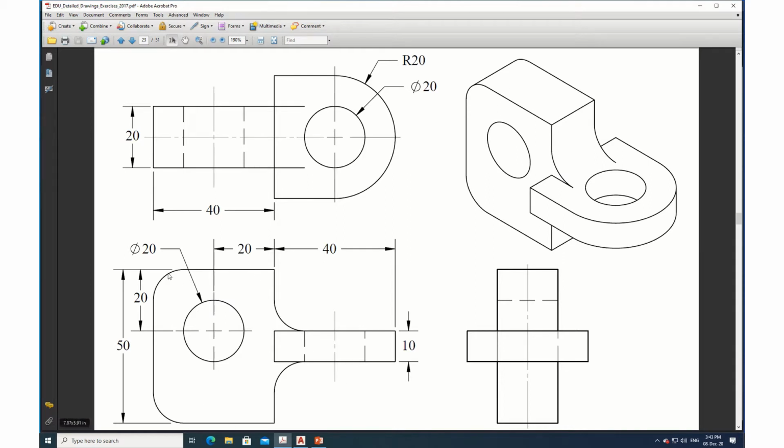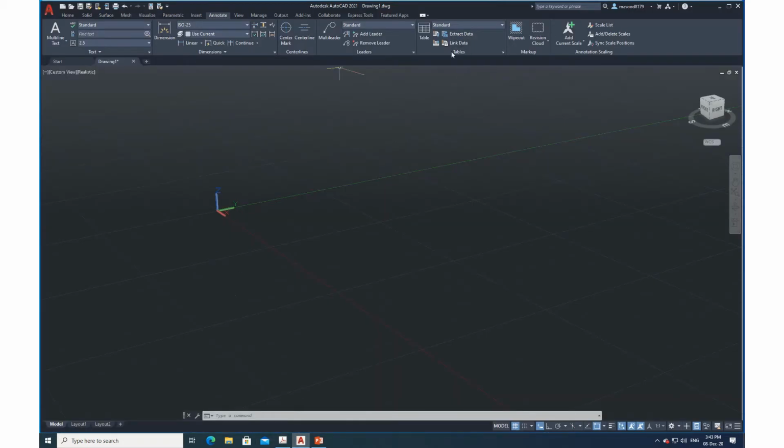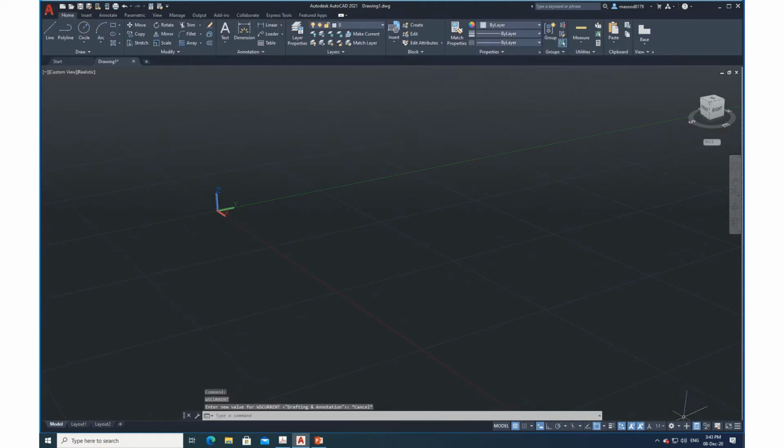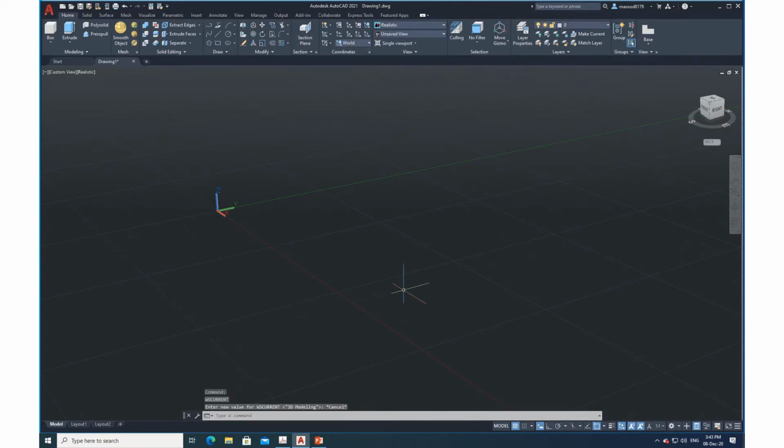How much is the size? From here to here it is 40 and then the height is 50. Let me just do that one. So if I will go to the front view, I have to select what? It is not in drafting, it is in drafting, and let me change it actually. I want in 3D modeling. I will just go change it back to 3D modeling. So I have everything here. So I will just go and change to front view. Where is front view? Front view is here.